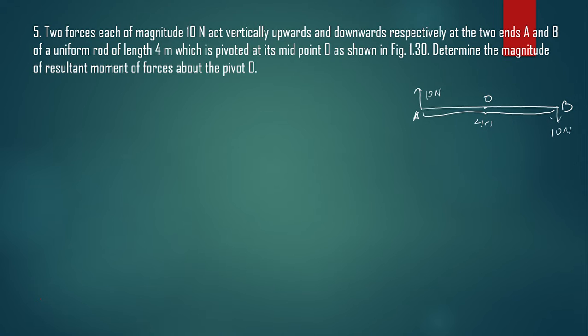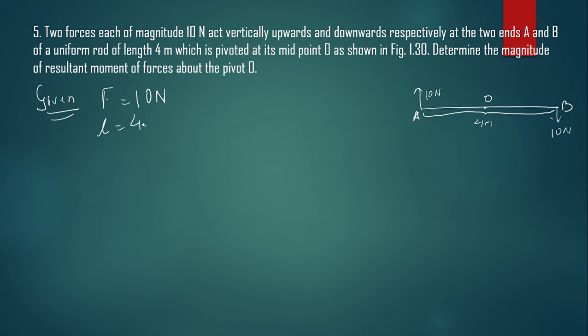And then it's been applied on a rod, okay, uniform rod. And the length of this rod is 4 meter. So this entire length is 4 meter. It is pivoted at point O, and there are two forces that are acting in opposite direction. So what has been given to us? First, force of magnitude 10 Newton each in opposite direction, and the second is the entire length of the rod,